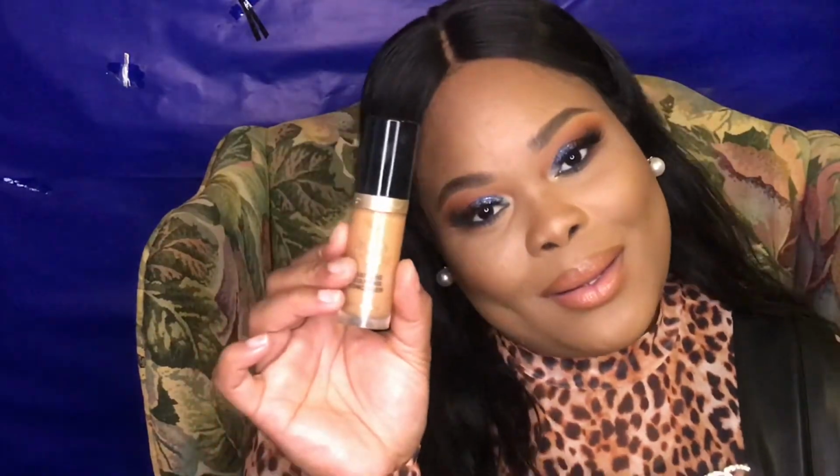Another concealer that I had to grow to love, but I thoroughly enjoy this concealer. It is the daughter to the Born This Way foundation, and it is the Born This Way multi-sculpting concealer, and I use the shade Butterscotch. But guess what, when I wear this and the foundation together,